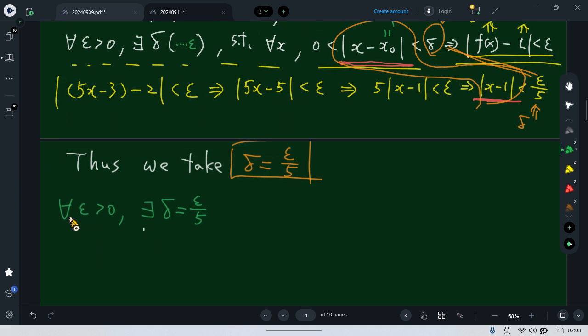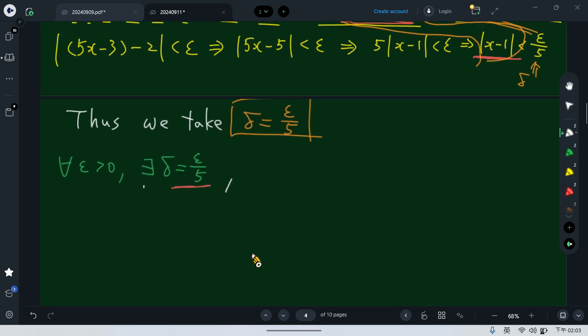So when I give you any positive epsilon, this time I already know delta is epsilon over 5. Then let's continue. When |x minus 1|